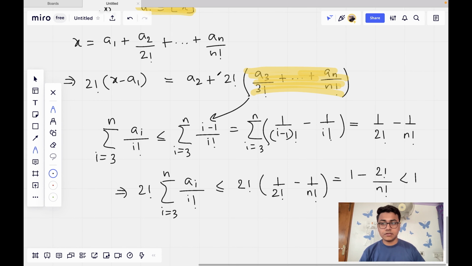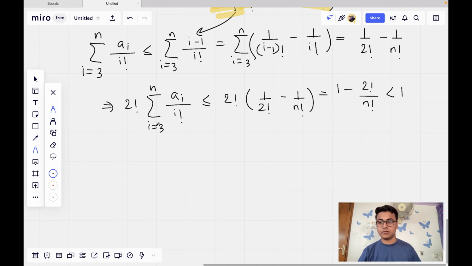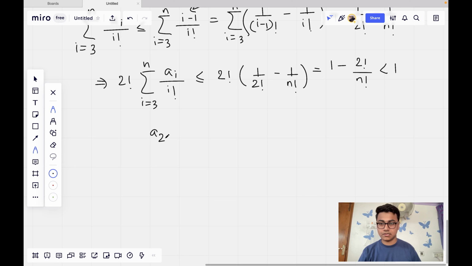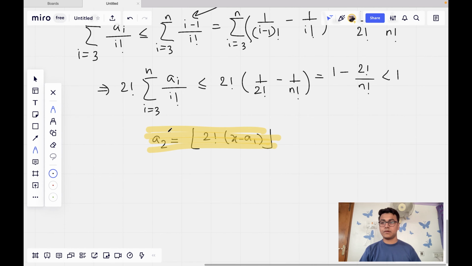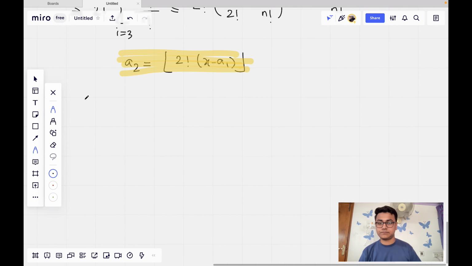So again, this entire part is less than 1. Once again, a2 is determined as the box of 2 factorial times x minus a1. This is how we determine a2. So proceeding by induction,